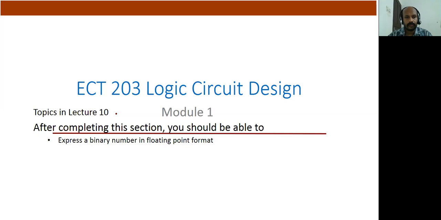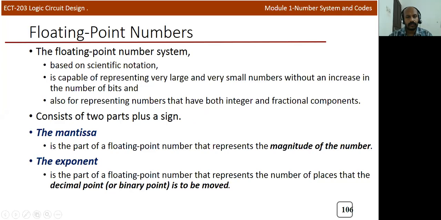In lecture 10, we will discuss the floating point format of the binary number system, or how we can represent a binary number in floating point format. When you discuss floating point numbers, most of them are represented in